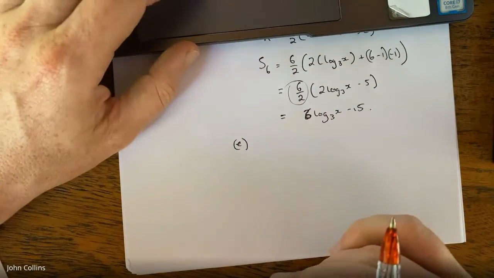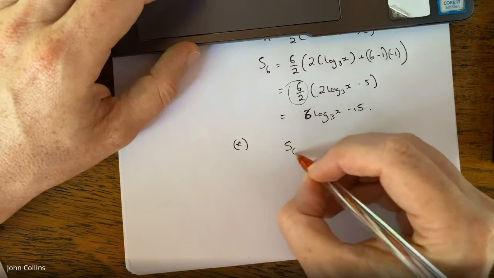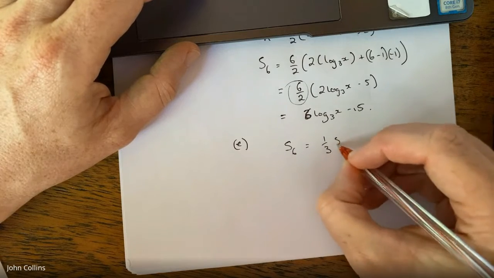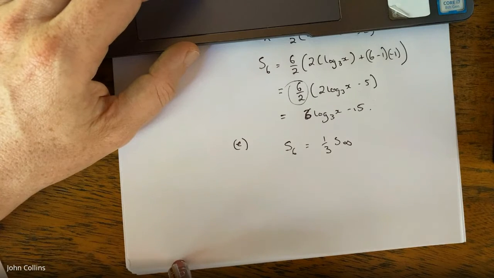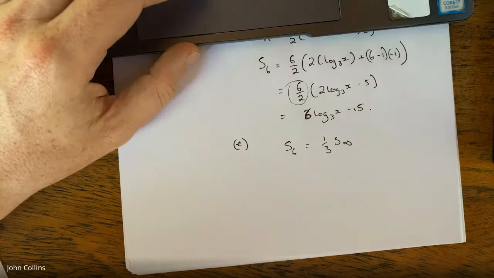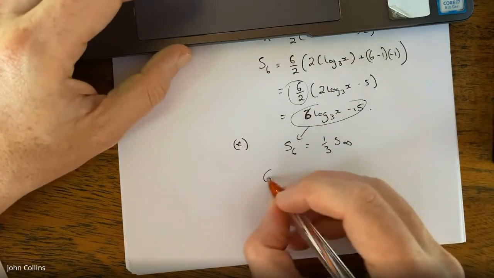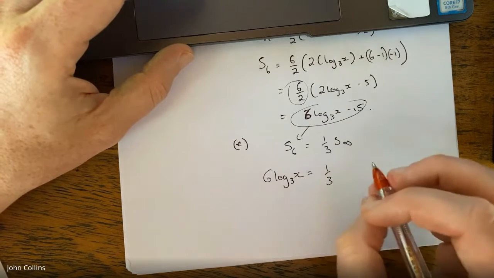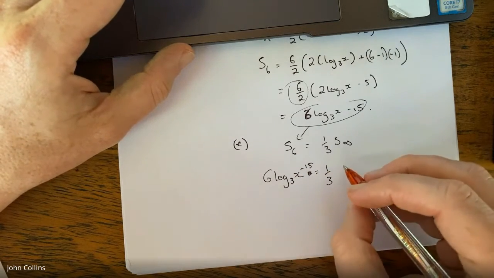Given that S6 is equal to 1/3 of the sum to infinity, find x. Sean, what'd you get here for x? I think I have forgotten to do the 1/3 part of it. So you didn't multiply by 1/3? Okay, so we have this from the previous one. And 1/3 then, the sum to infinity, minus 15, isn't it? Minus 15 equals, sum to infinity then would be,